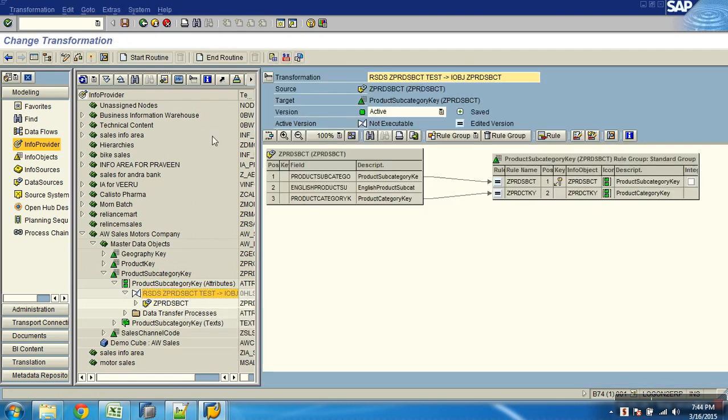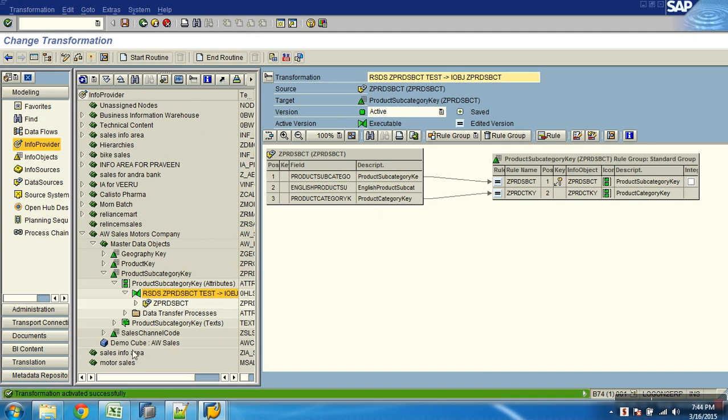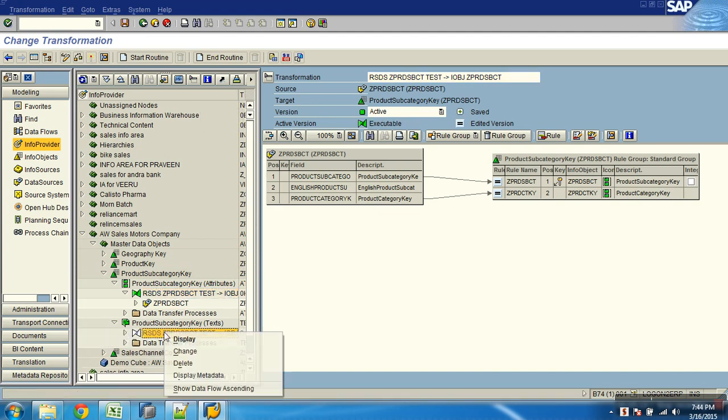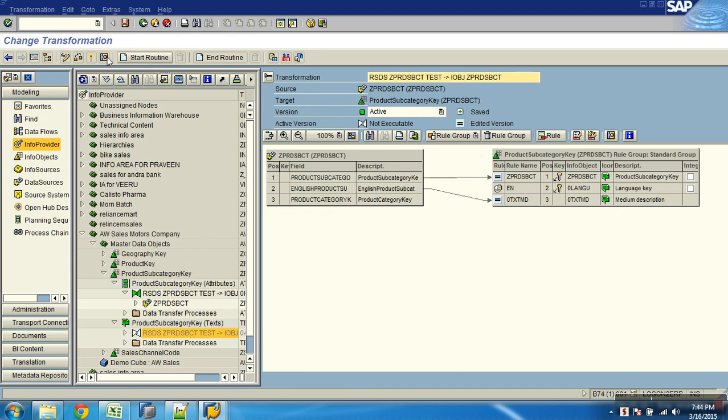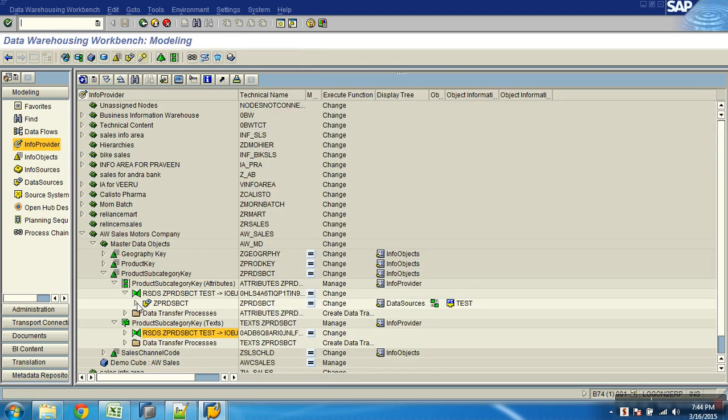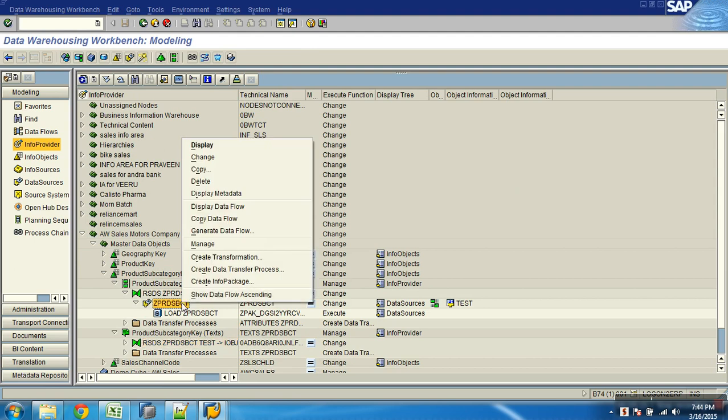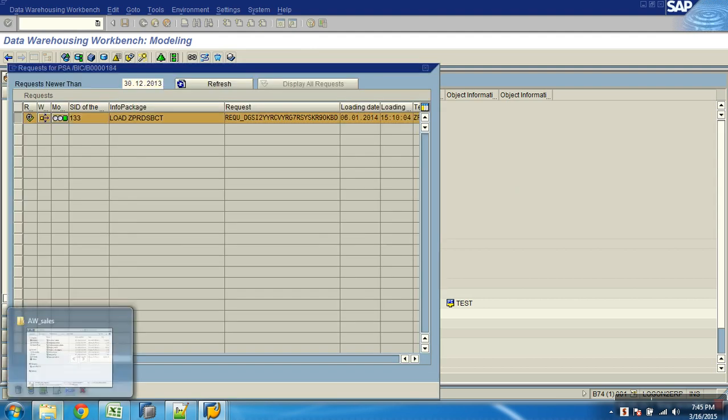When I change my data source, all my transformations have to be reactivated, and DTPs have to be reactivated. I need to delete this request out.